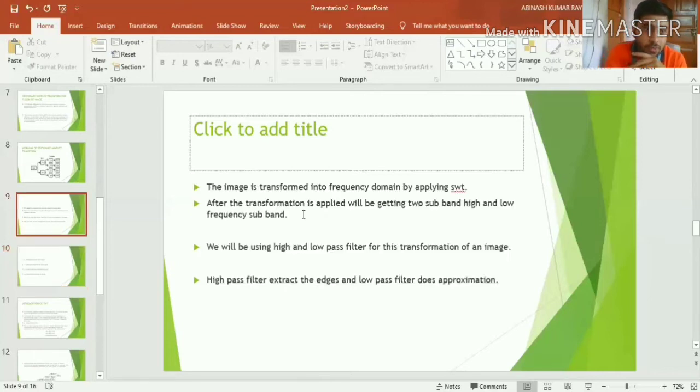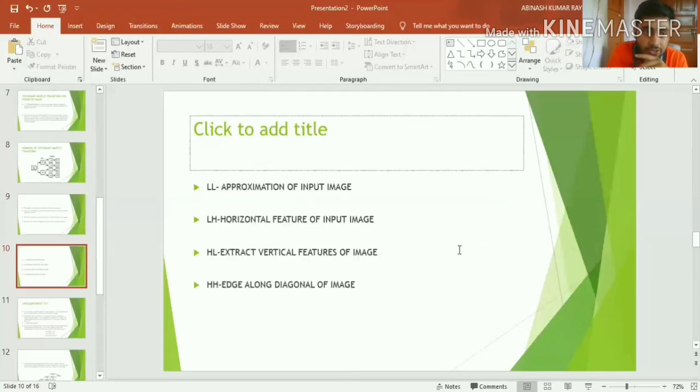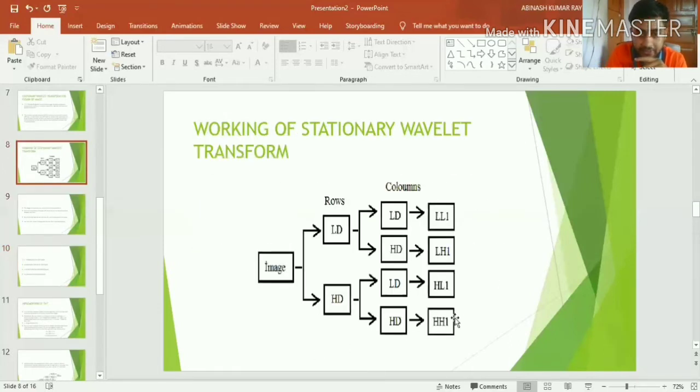LH1 contains the horizontal feature, as it has passed through row wise LD and HD. HL will extract all the vertical features of an image, and HH, as you see in this case, has passed through the high pass filter over both rows and columns.